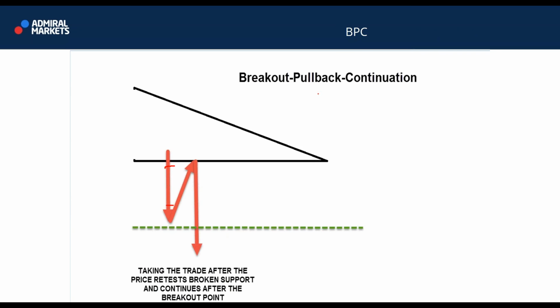This is what I like to use: breakout, pullback, continuation. Guys, this is the standard inverted N pattern, just applied to the breakout part of the chart. So if you see this is a flat top, flat bottom descending triangle, and the price has broken through, there was a retest follow-up, and then if this breakout point is exceeded by 2 pips, we can assume that a continuation is underway, and we might place